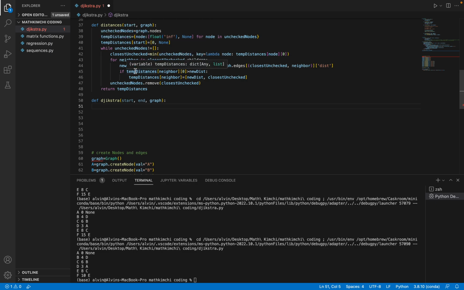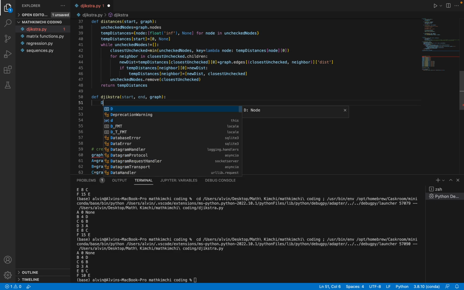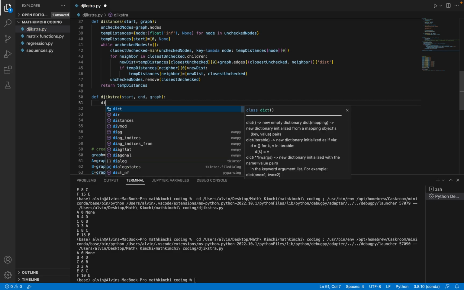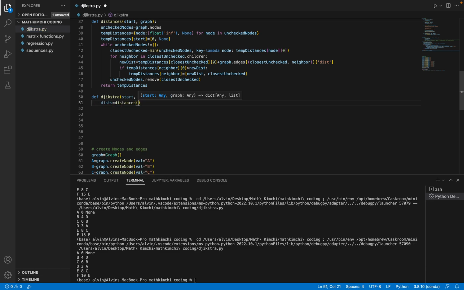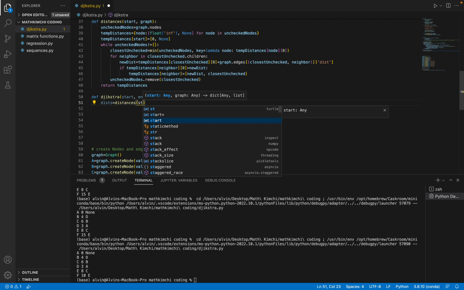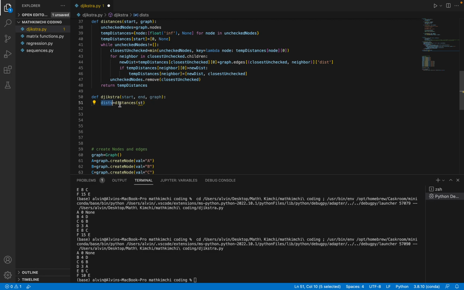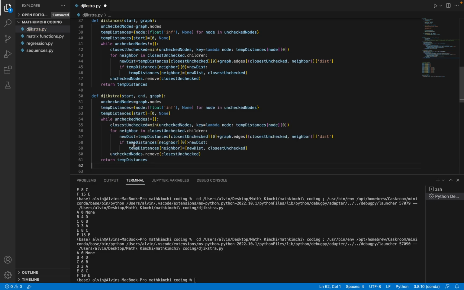And so what we do is we have dist equals distances of start, or actually, yeah, maybe we should make this its own thing without relying on Dijkstra. So, wait,